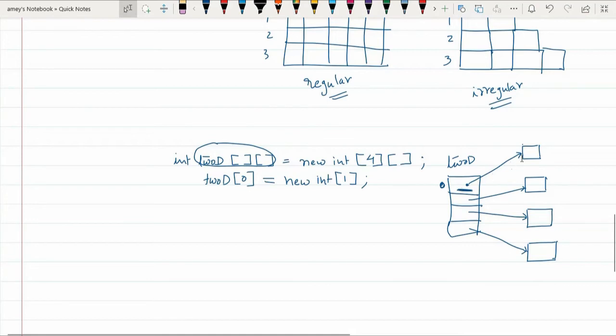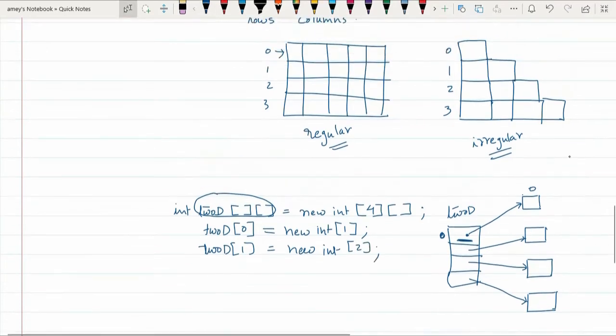So at this reference here, how many columns will be there, how many elements will be there in that array? By writing new int[1], we are specifying that there will be only one contiguous storage allocated for the first array, that is index position 0. Then I can say 2d[1] = new int[2].